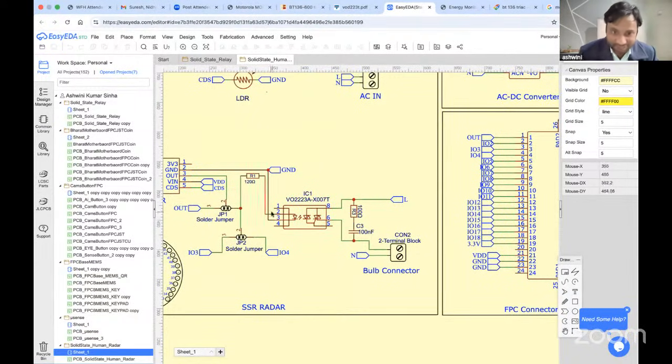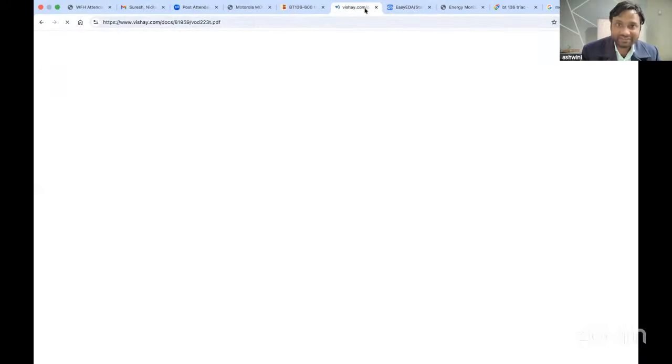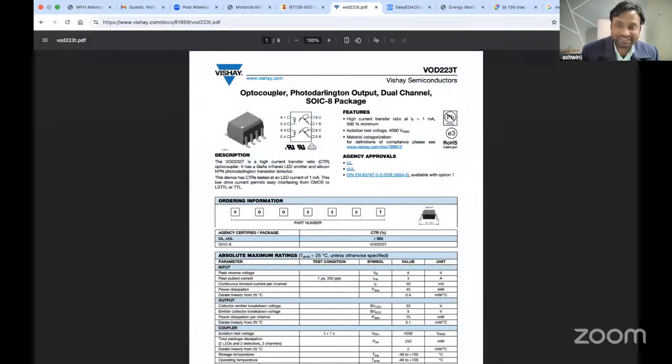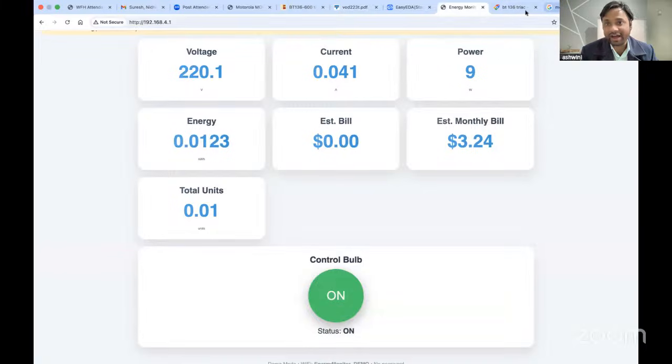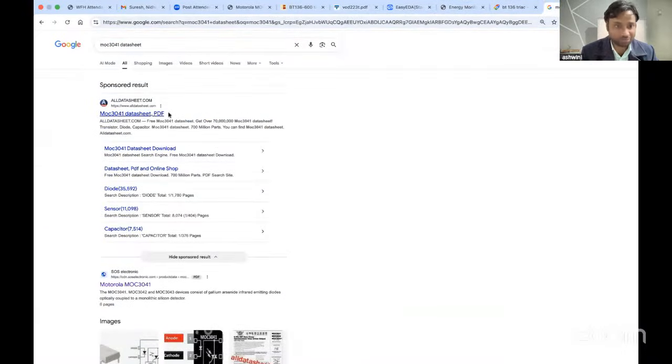So I just need to give the signal and it can control the light bulb value. Okay, so like here, BOC 223A. This is from the Bizarre electron. So the one we are using earlier is the MOC 3041. That is originally from Motorola, and there are various other vendors also